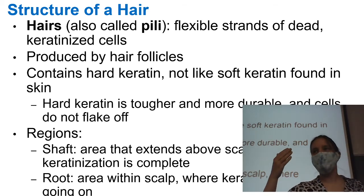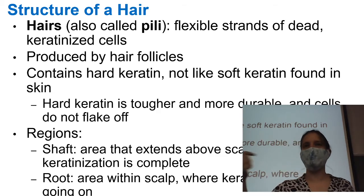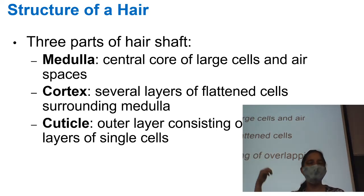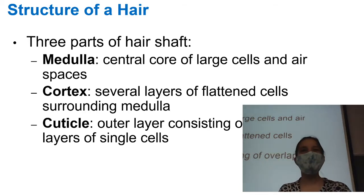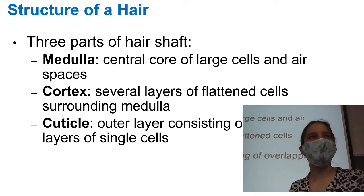The shaft is the part you can see. It's above the follicle, and the root is inside the scalp. That's where it's actually getting keratinized. It's getting tougher. And here we go. Medulla is the core. It's got some air spaces. The cortex is the thing that surrounds it. Cortex also shows up in biology a lot. Anybody know what it means? You don't have to, but just...